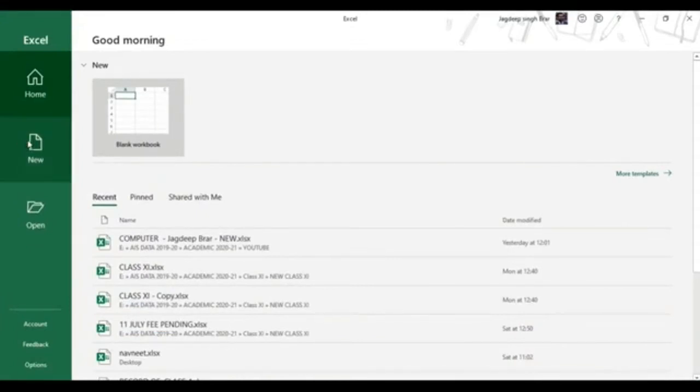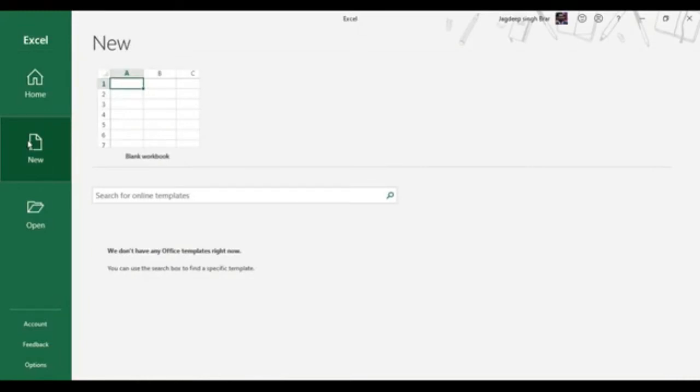So this is the starting window of your Excel software. You can click on the New button to start a new file. Here, the first one, a blank Excel worksheet, will appear.